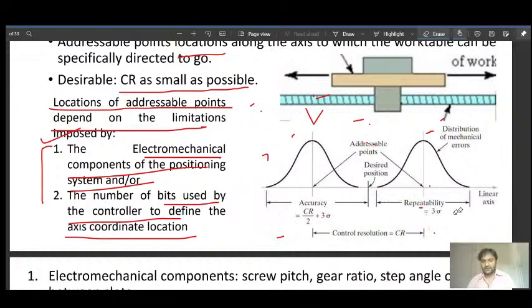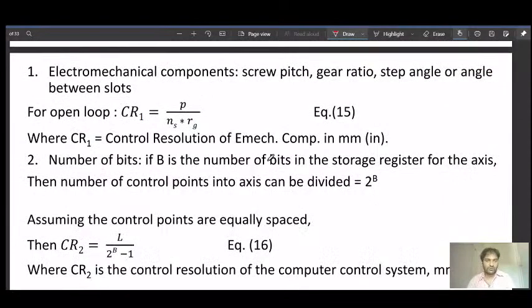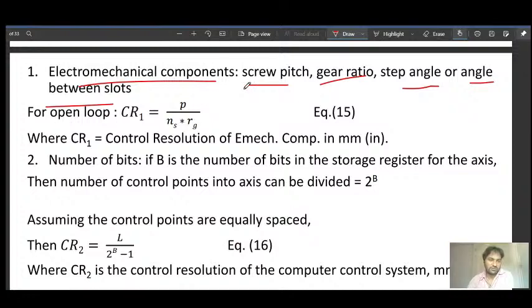So remember, repeatability is given by 3 sigma, that is obtained by measuring positioning continuously. Then accuracy is given by CR by 2, the maximum possible error. So accuracy is CR by 2 plus 3 sigma. The electromechanical components, if you are using a lead screw, include screw pitch, gear ratio, step angle or angle between slots, and this constitutes